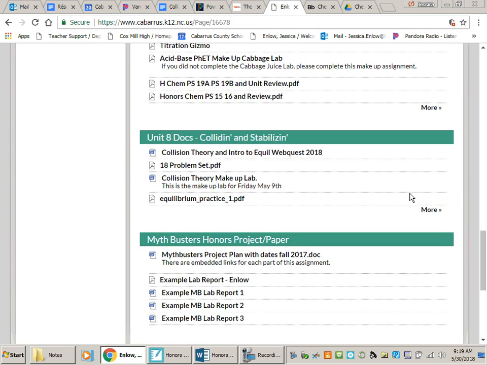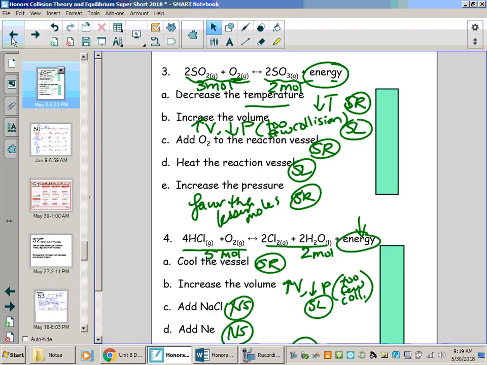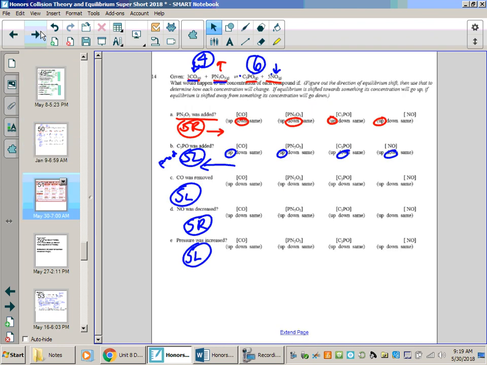You have to hit more because it's not currently visible, so you hit more under Unit 8 and Honors Chem Le Chatelier virtual lab. So it's a Word doc, so go ahead and get that pulled up. And what I'm expecting you'll be capable of, and I guess I'm going to show you one more thing too while you're with me,